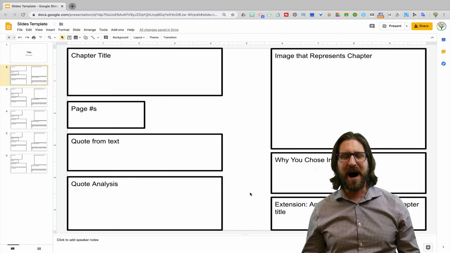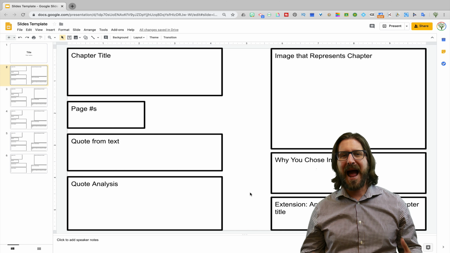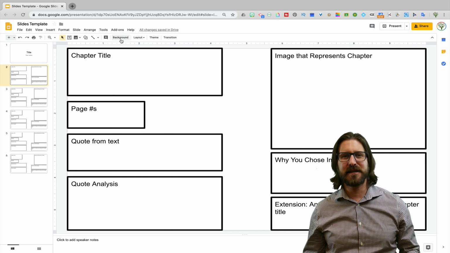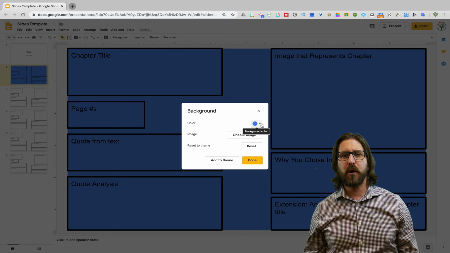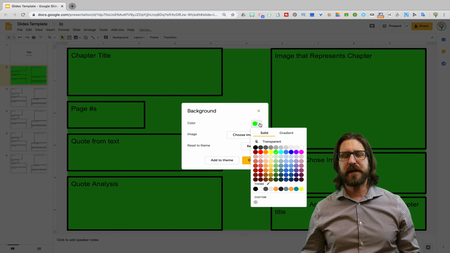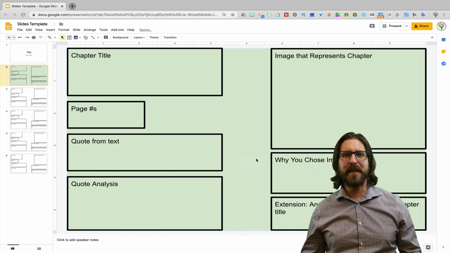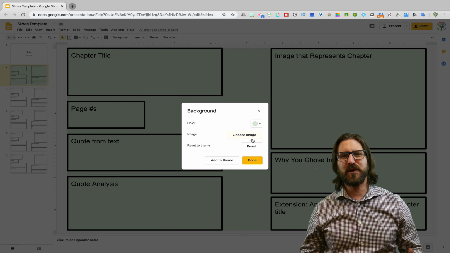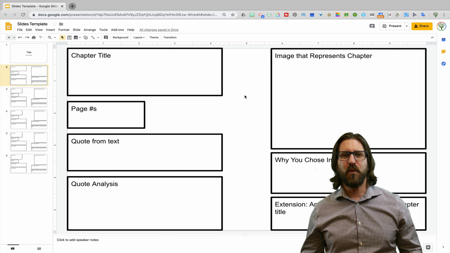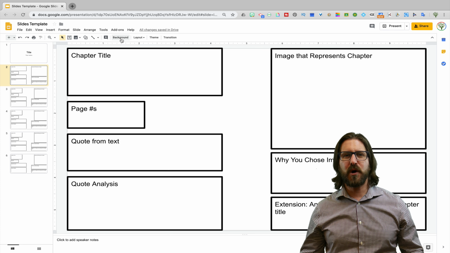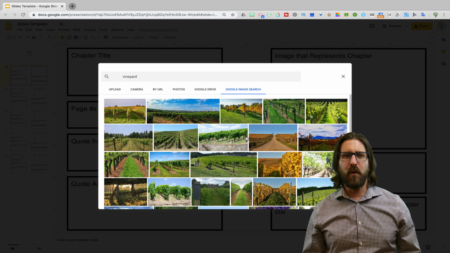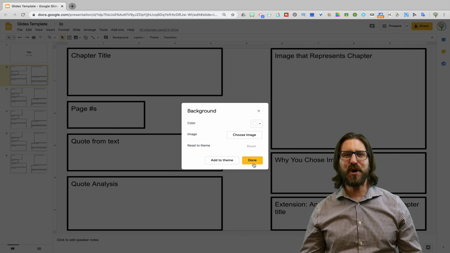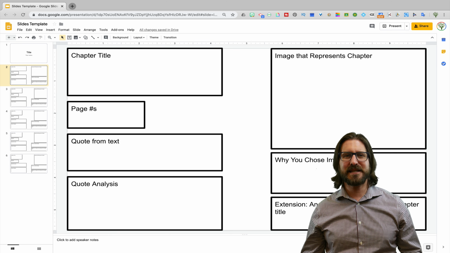If you want to model a little bit more for them how they might customize their slides, you can do things like add some different background colors or add a background image. So here I'm just going to show you how I would add a background image to this template in order to motivate my students to do that when they're creating their own slides. I'll go up to Background, choose Image, search for an image that I want, or find an image from my computer. I'll click Upload, and now you can see that the image that I chose is in the background of